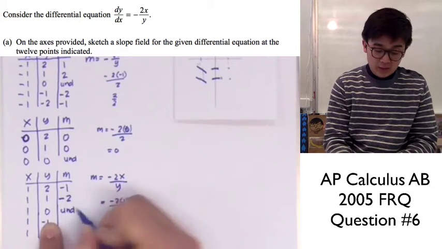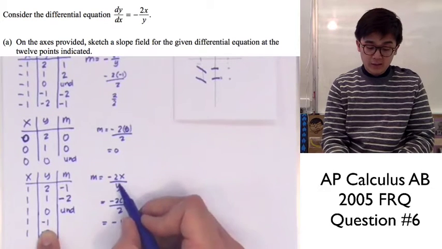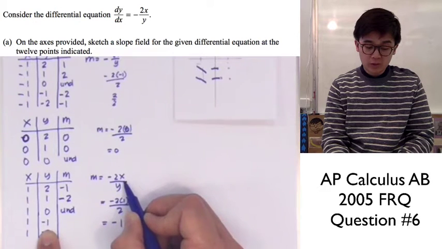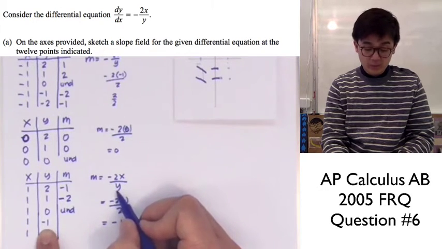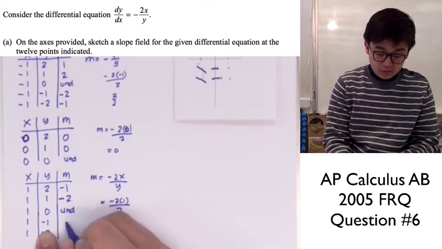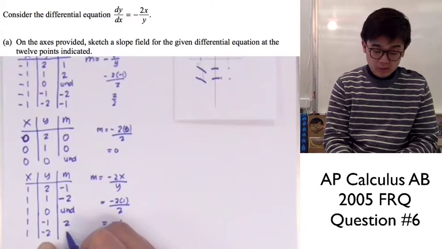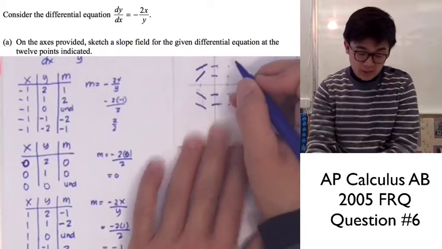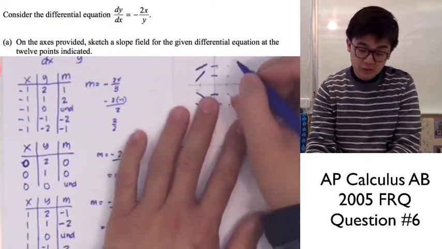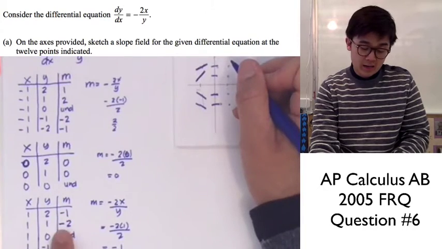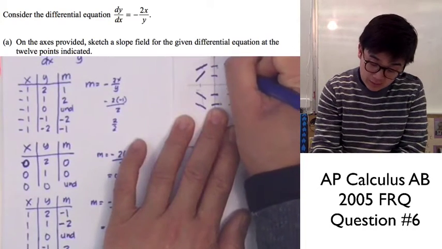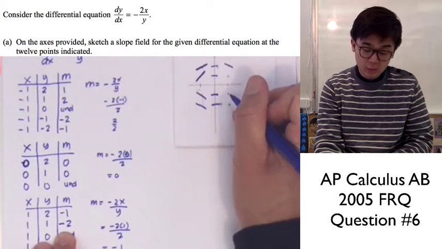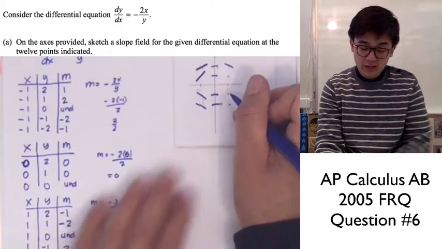And this one is still undefined because the denominator will still be 0. And if y equals 1, negative 2 times positive 1 is negative 2 all over positive 1, or negative 2, and this one is going to be positive 1. So these are the slopes of our third column, and to illustrate this, now we have a negative slope which is closer to 0, so this one is less steep than negative 2, so negative 1 can be represented as such,